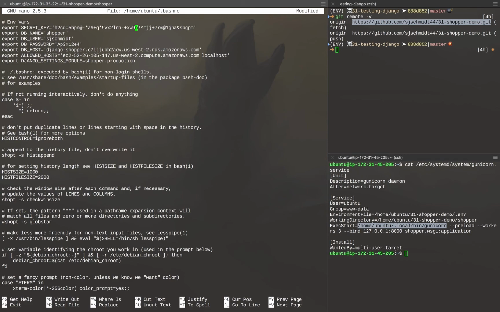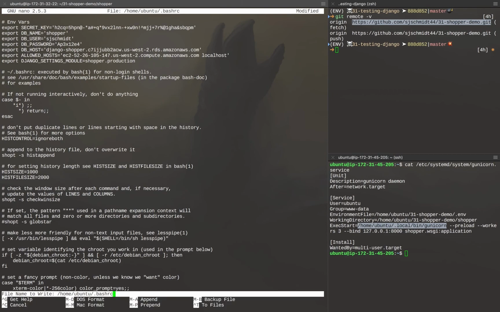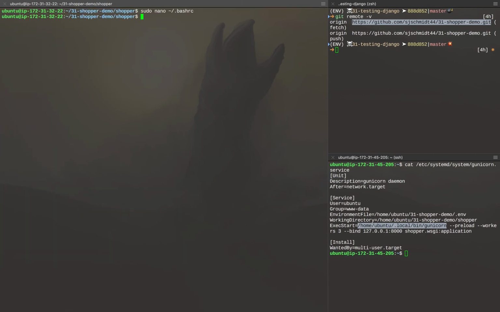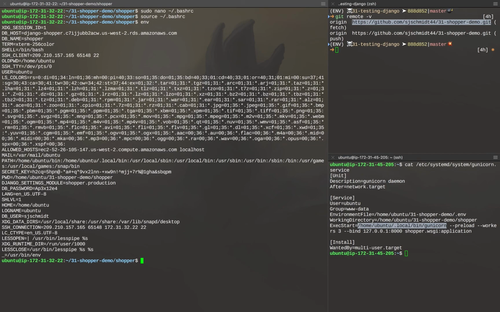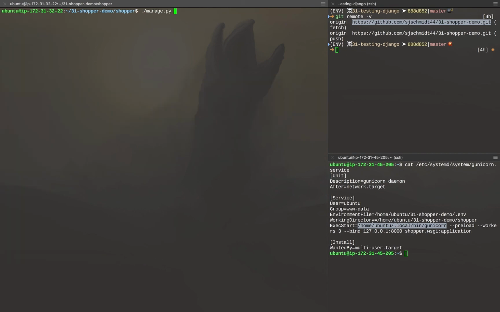But for our purposes, it's going to be a pretty isolated deployment. I'm okay with this because it allows the app to function with Gunicorn, but also gives me the ability to work with the application in a development space or just a QA debug space on the development machine. So I'm going to Control X, save, and now that I've made a change to the bashrc, I need to source .bashrc, and that's actually like deactivating and reactivating a virtual environment. It re-registers those things for me. Okay. So now if I take a look at env, I can see those things listed out, and I can do ./manage.py createsuperuser now,